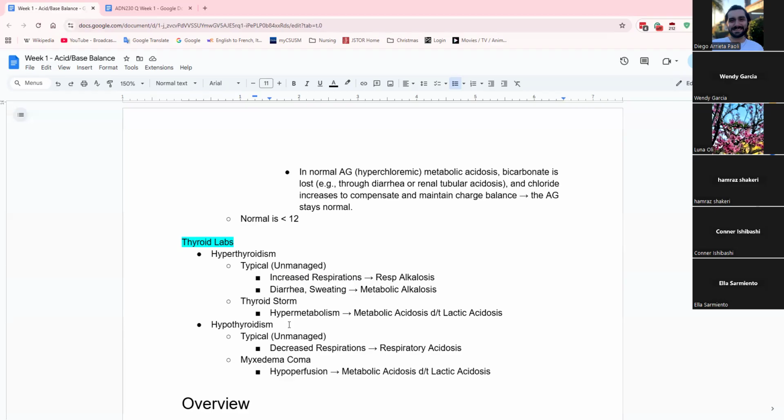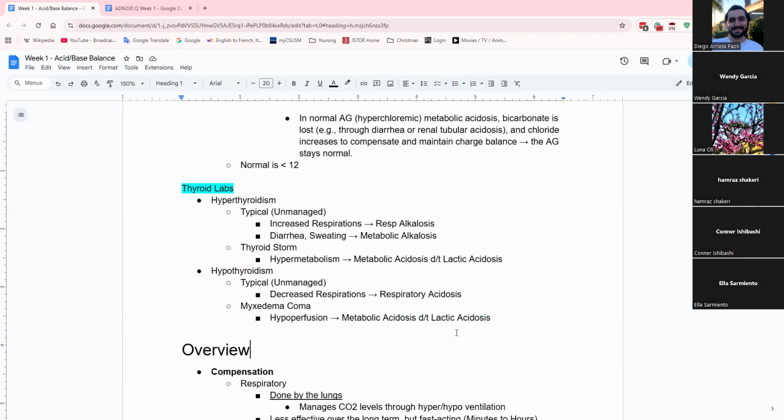I guess you could say it's similar to how increases or decreases in potassium are going to be more high priority than a minor change in sodium levels. So it's kind of like that relationship where you of course want to manage it, but the risk of sudden crashing is a lot lower with hypothyroidism,